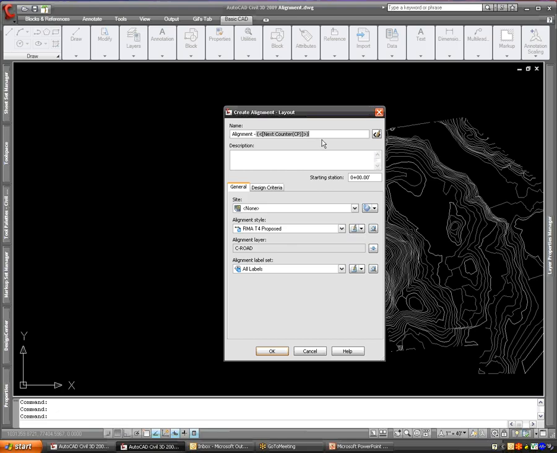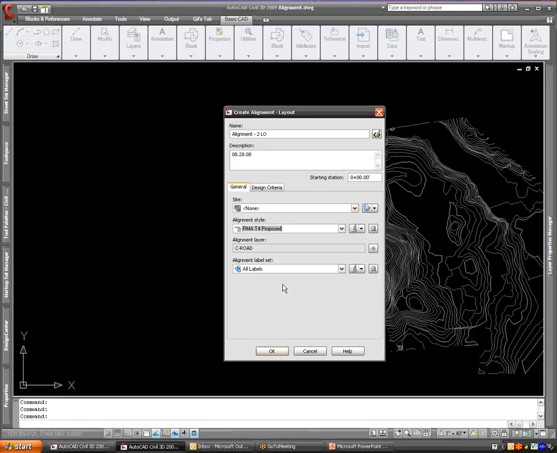You then can name it. Give it today's date. See, it's similar to creating by polyline, except for now, instead of giving the information of the line and then giving the information of the description of the alignment, now you're giving the description of the alignment and then you're laying it out. So it's kind of the opposite, but